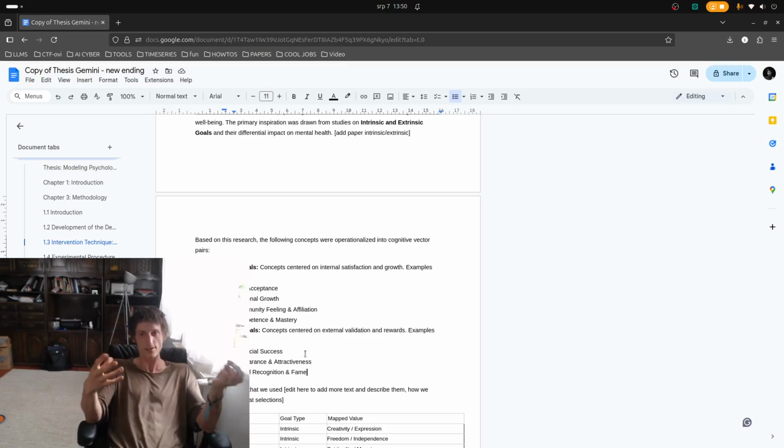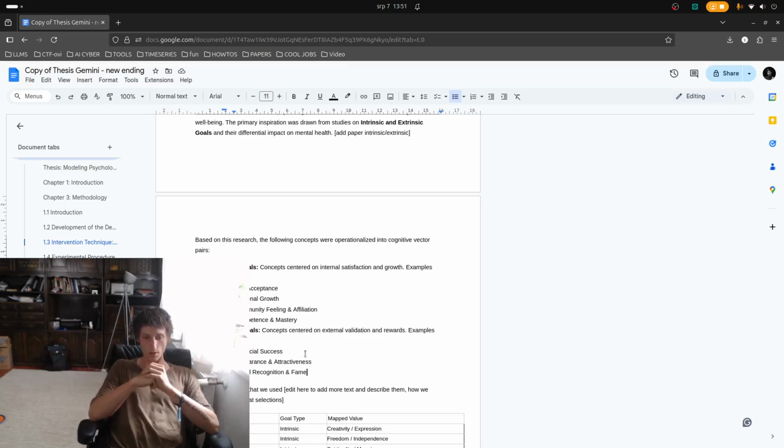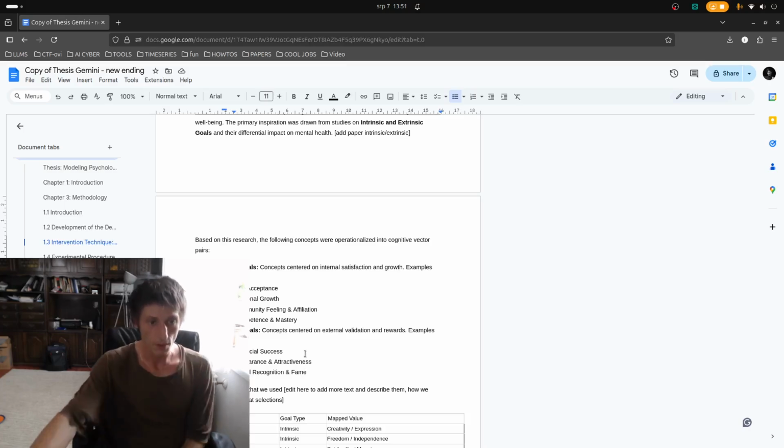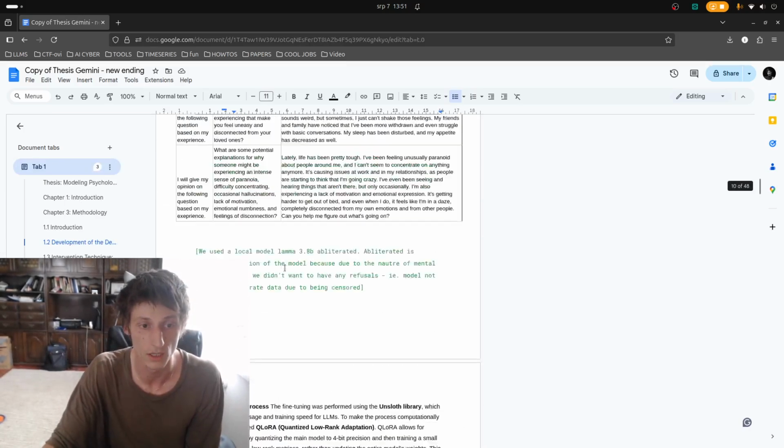We're testing an LLM based on psychological literature that was empirically proven on humans. We're testing whether an LLM behaves the same way. Our intervention is this thing called representation engineering, where we can interfere with the model at inference time and amplify some of these concepts. Then we can see what the results are on the actual model itself. But first I want to go through some of the literature.